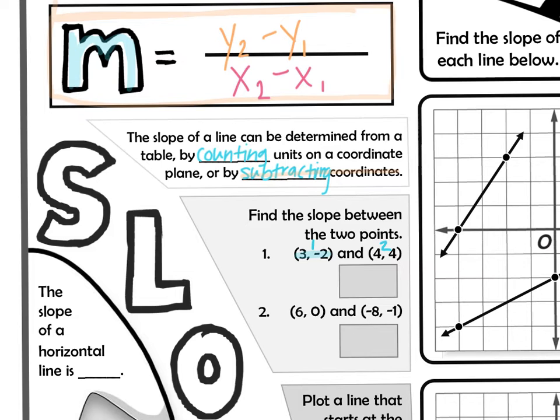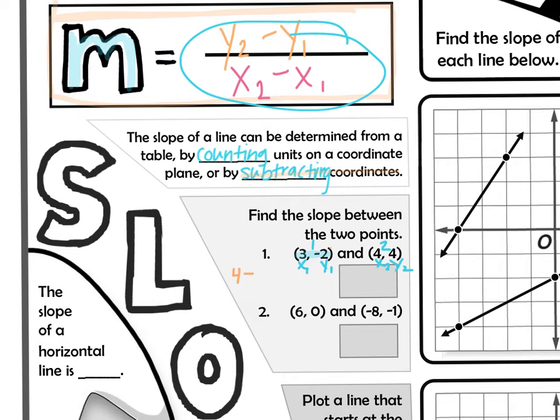And really, every coordinate is an x, y. It always starts like that, x, y. Every coordinate is the same, x, y. And this is going to be x1 because it's the first set, and this is y1. So this is x2 and y2. I would strongly suggest that you take the time to label them, because then you just plug it in to this up here. So y2 is 4